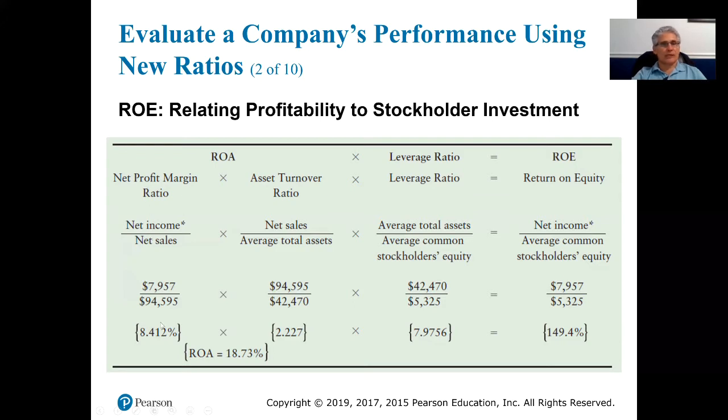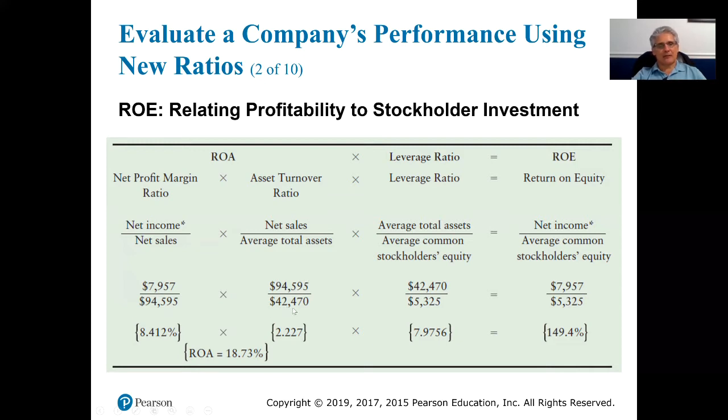That actually gives you a profit margin ratio of 8.412%. You then have the asset turnover rate, which is net sales of $94,595 divided by the average total assets